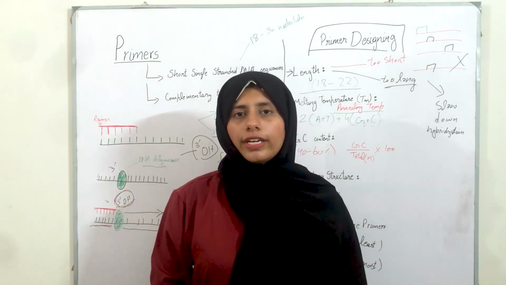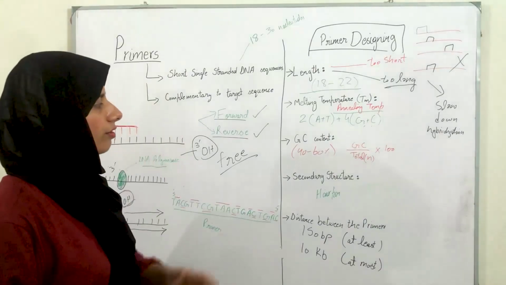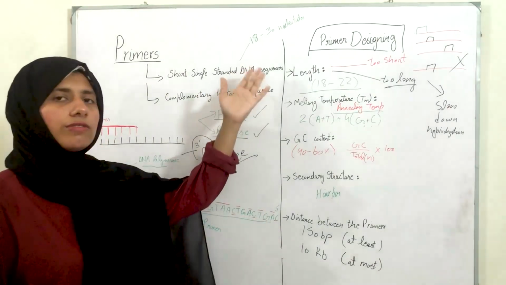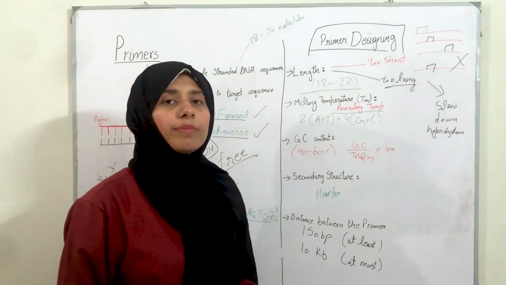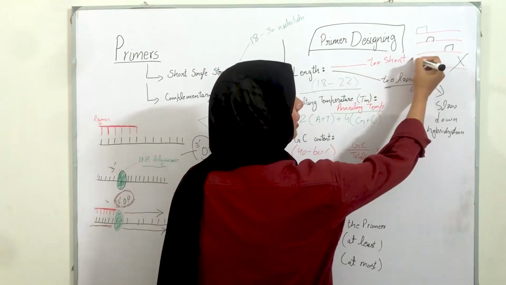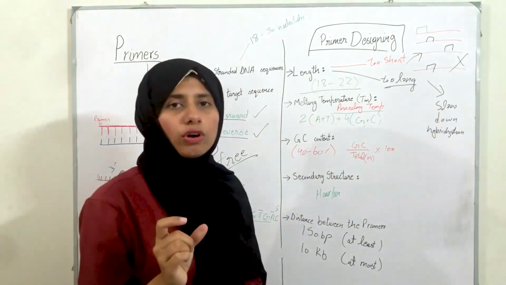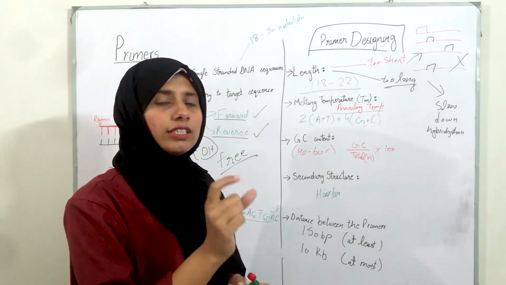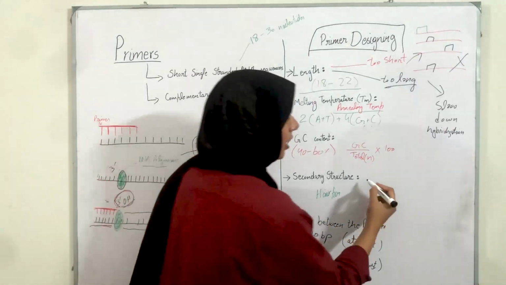Next, what are the criteria for selecting your primer? They are based on the following factors. First of all, we have length. Length is very important, because if your primer is too short, there is a chance of non-specific binding. What does it mean? If your primer is too short, there is a chance that a similar or complementary sequence might be present somewhere else in your